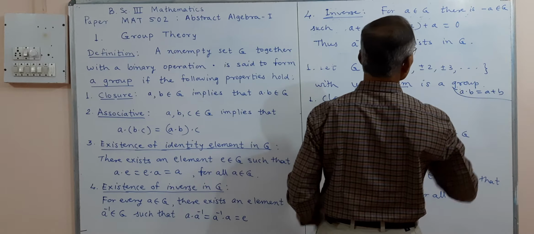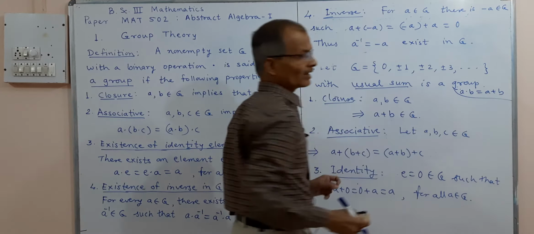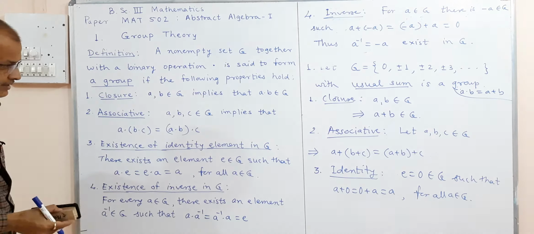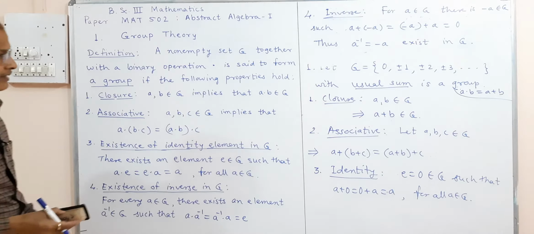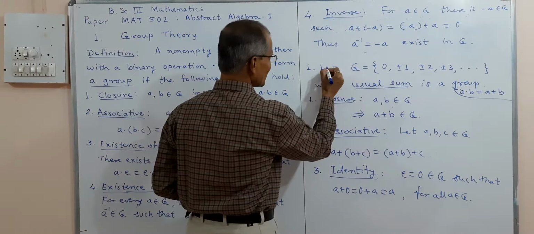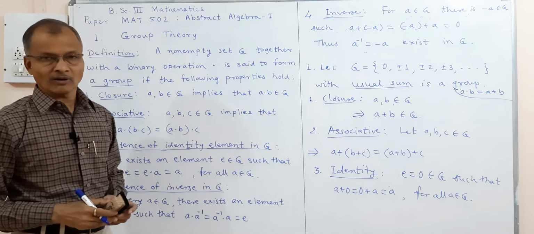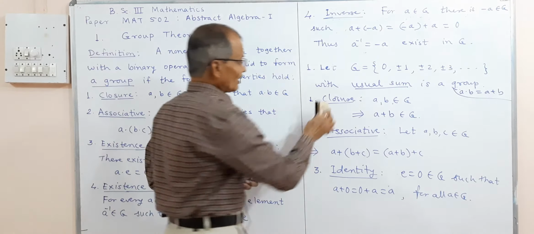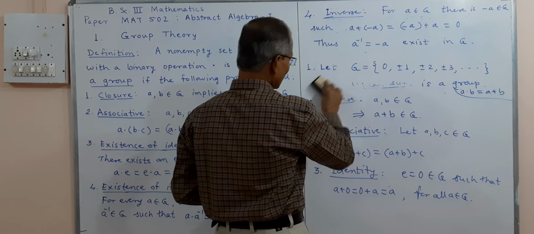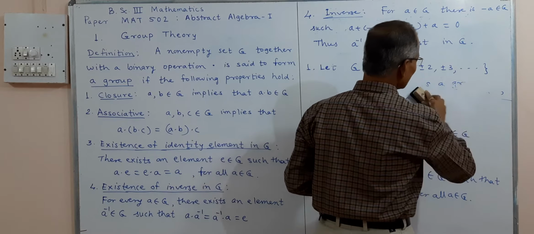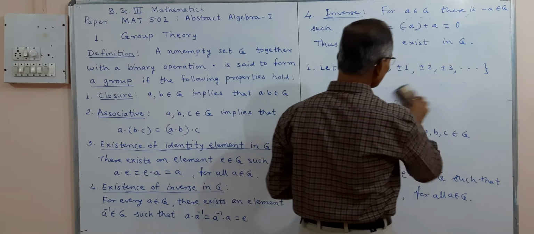And this shows that the inverse element exists in the group, and thus all the four properties are satisfied, and therefore our first example, the set of integers with usual sum, forms a group. Now we will consider the next example, but before that, instead of the set of integers,